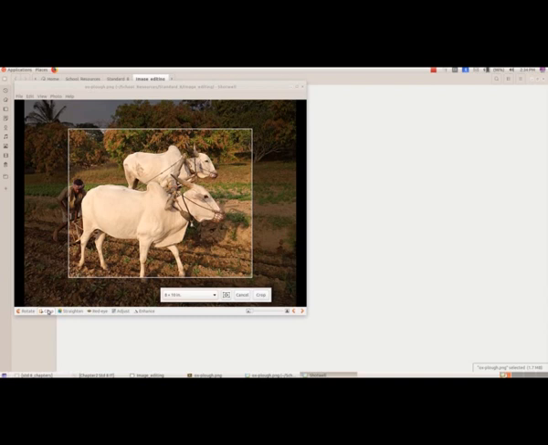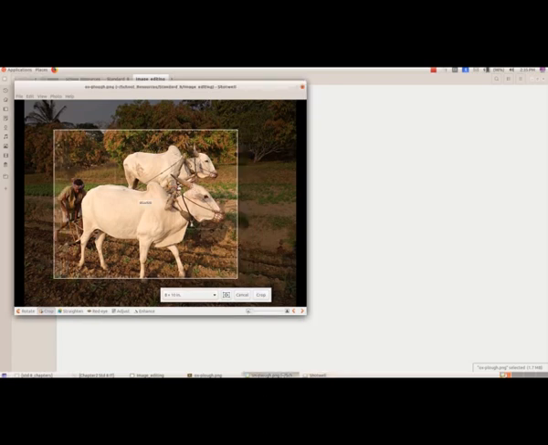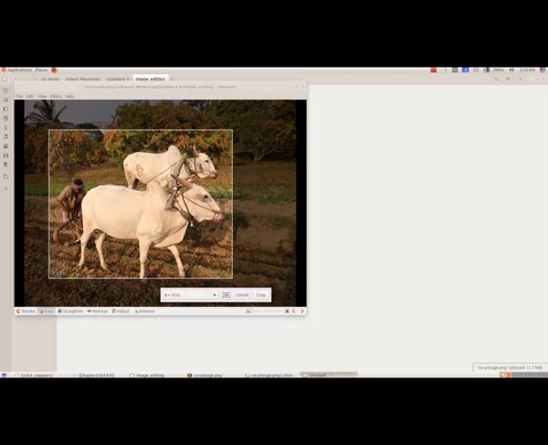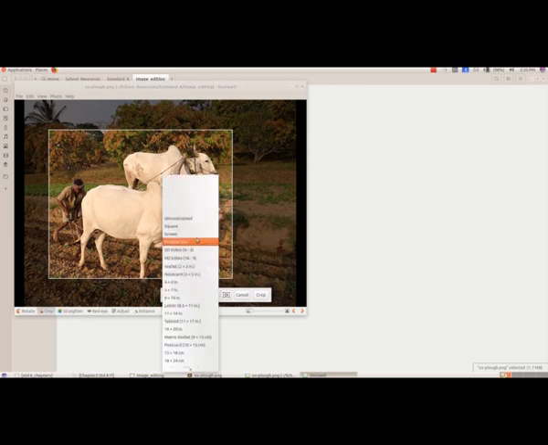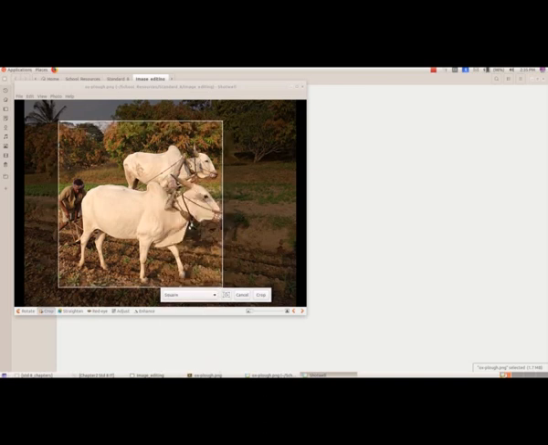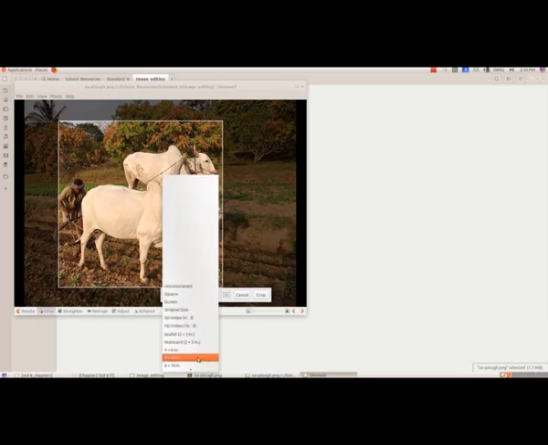We will see that. Here I have selected this picture, and here I can adjust this. Here the size I have selected now is 8 by 10 inches. By default it will be given as square, like this. I don't need this one, I need the other one, 8 by 10 inches.